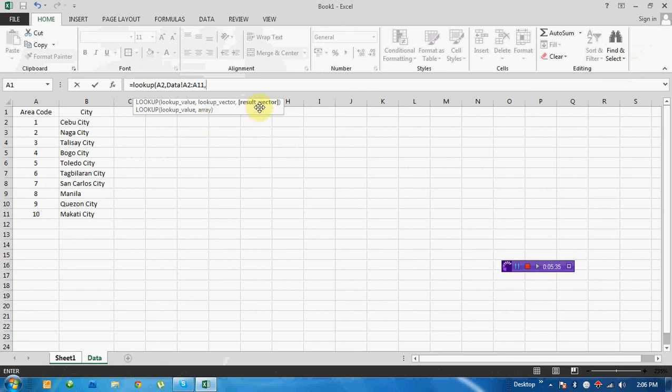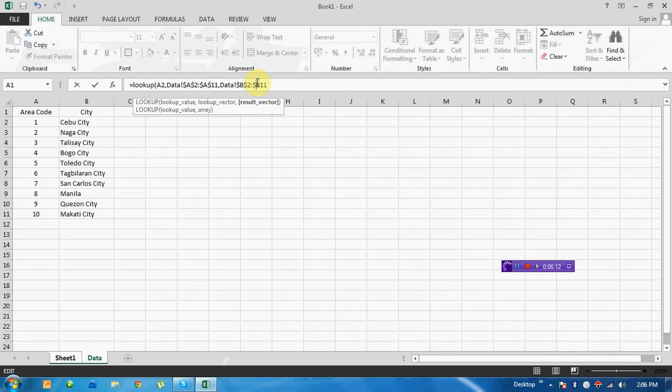So what if you put 1? What could be the result? That is what we mean by result_vector in the lookup formula. Then you will simply drag it down. Don't forget to put the $ sign for every column and row, to make it a constant or fixed value for your formula.